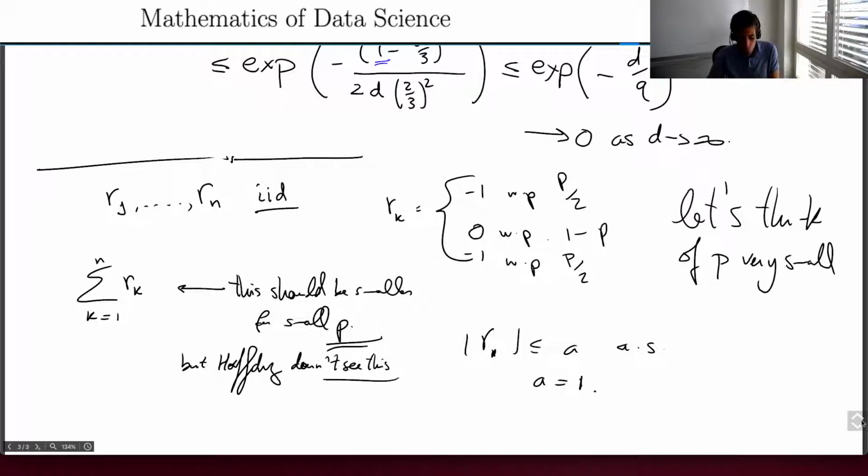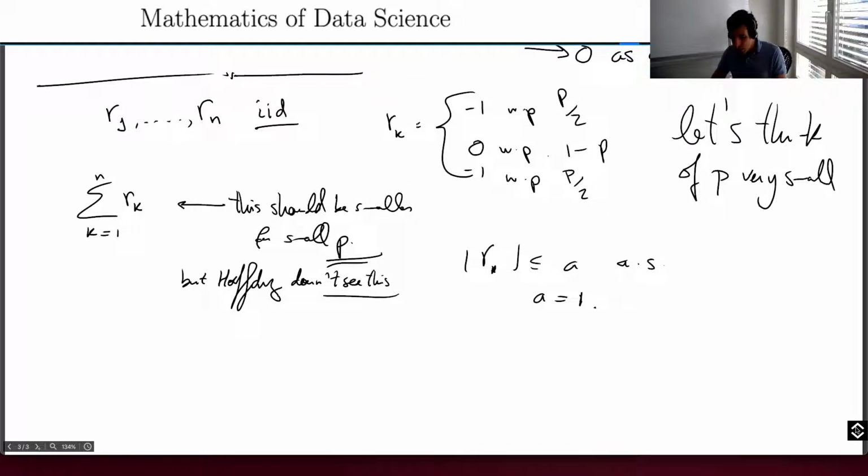And so there is an inequality that sees this, and this is Bernstein's inequality. I won't prove this inequality because the proof is very, very similar to Hoeffding. You should look it up in the book, or try to prove it yourself to make sure that you really understood how the proof of Hoeffding works. But Bernstein's inequality